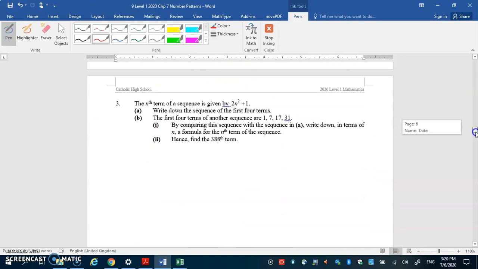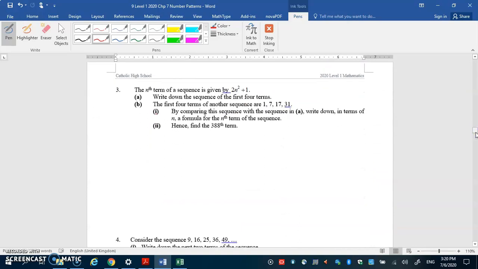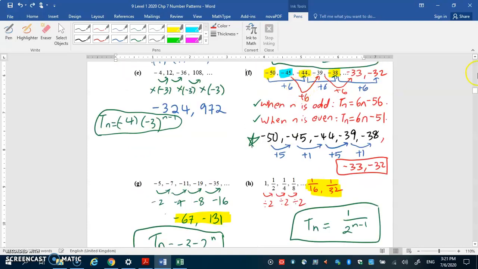Once again, you can pause the video and do question 3 and 4 first, and then come back and check your answers. Okay, question 3. This question also gives you the nth term of a sequence. It is 2n squared plus 1. So they want you to find the first 4 terms, right? Which means they want you to find T1, T2, T3, T4. So if Tn equals to 2n squared plus 1,